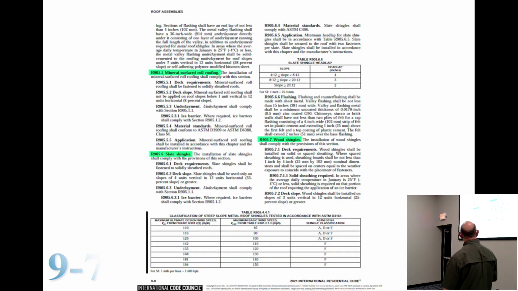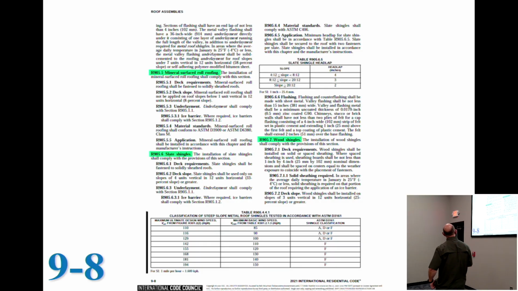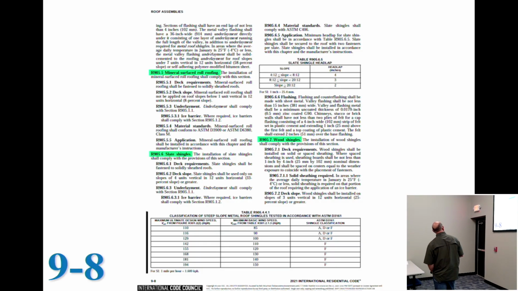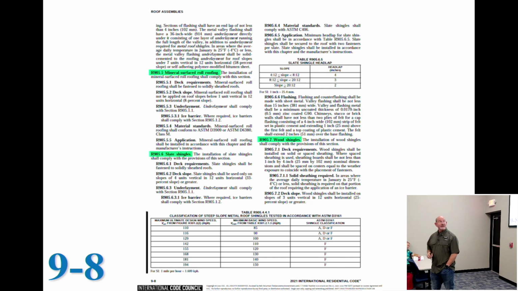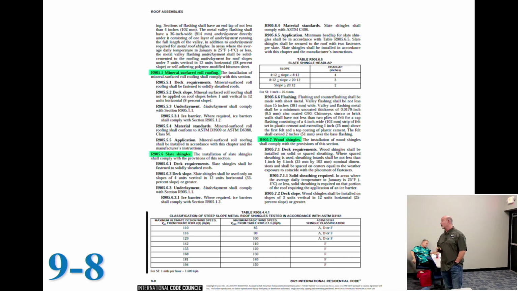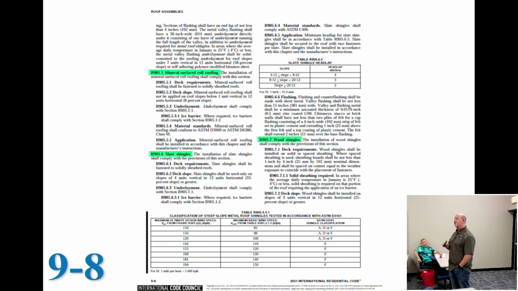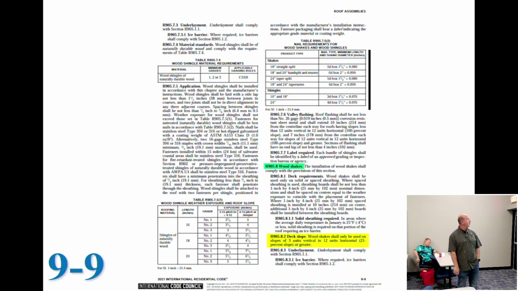Let's find a 905.5. Top of the next page, 905.5 is mineral surface roll roofing. Nope. 905.6 right below that, slate. Nope. 905.7 middle right, wood shingles. No. Careful. I asked for wood shakes. So 905.7 is a wood shingle. Find me a 905.8. There's your wood shake.